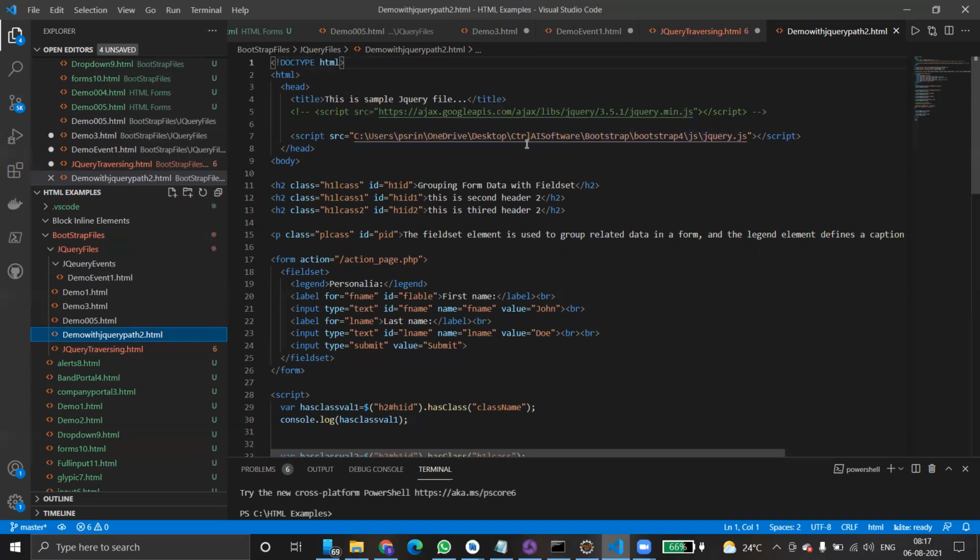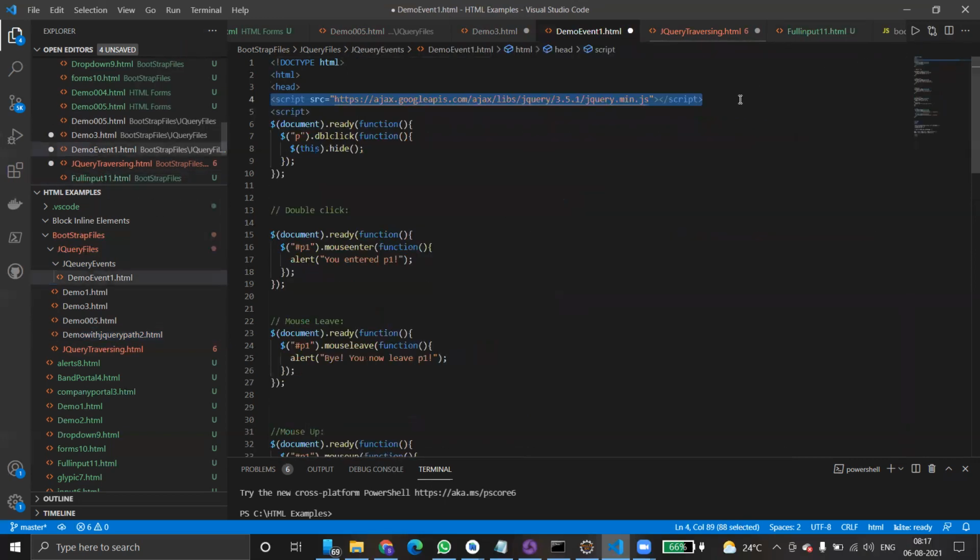This is where I have used a local system. So close it. Not required. Okay, jQuery added. Control S. Okay, you can remove this script.